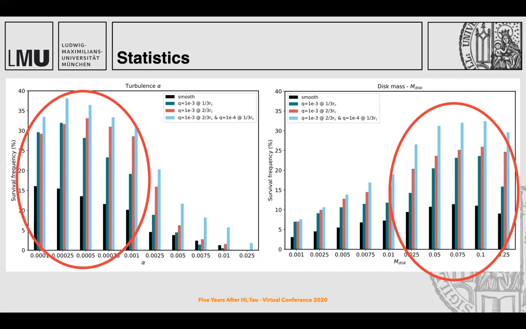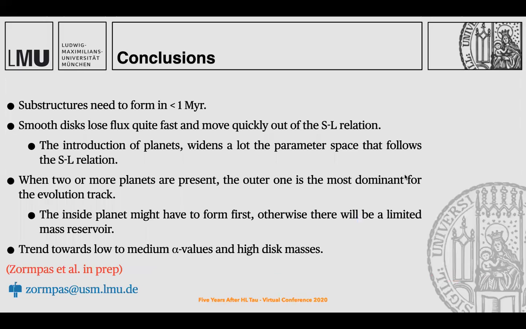The difference becomes striking between the smooth and the planet case, so the black and the other colors. If we don't have any planets, the disk mass is not a major factor in the evolution of the disk, since all the values have roughly the same survival frequency. So to summarize,